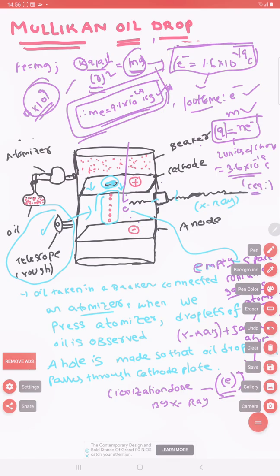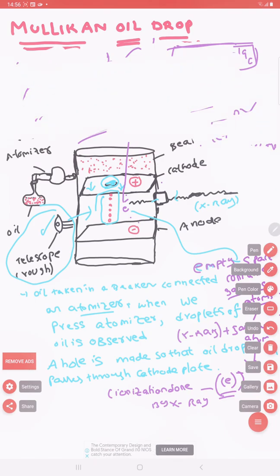It means how many electrons the atom has absorbed. If it contains 2e charge, the 2 units of charge means it is 3.6 into 10 power minus 19 coulomb, and 4 units of negative charge means 4 into 1.6 into 10 power minus 19 coulomb. I think so, 9.6 into 10 power minus 19 coulomb. So this is the oil drop experiment, and once more I am writing the outcomes.